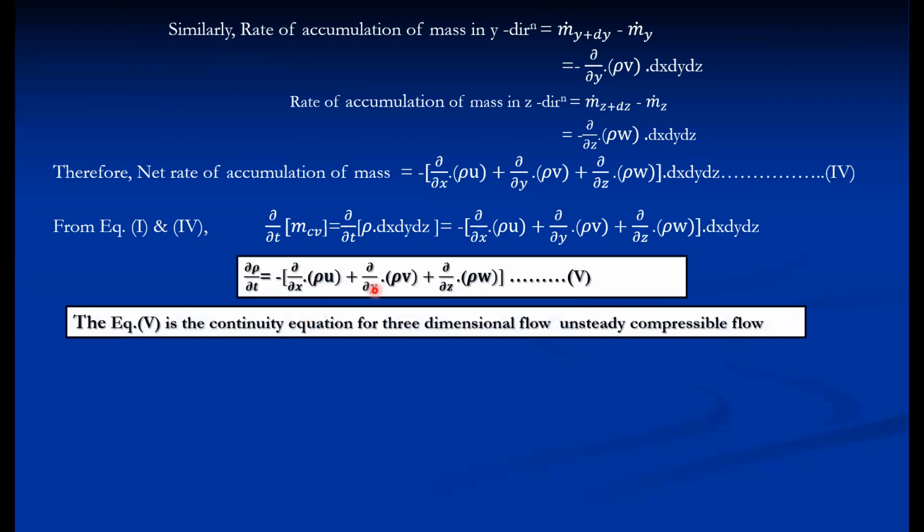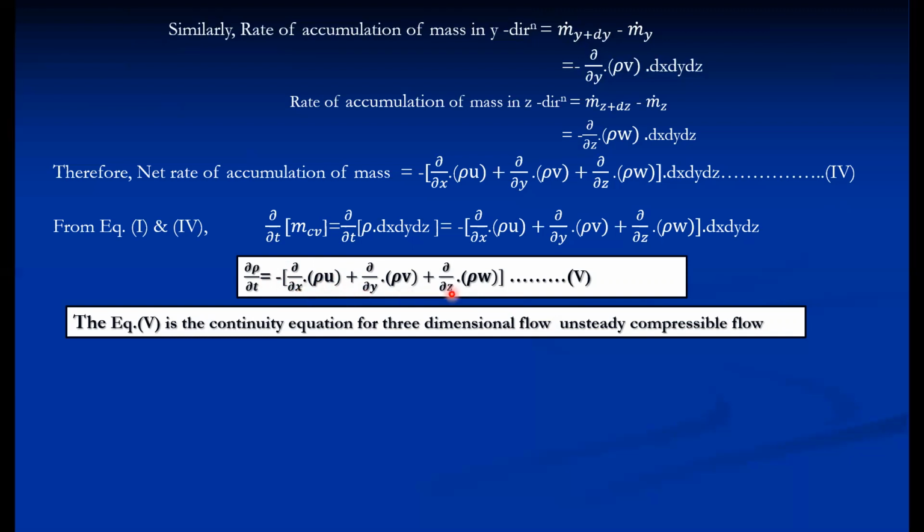Or we can take all the terms on one side equating to 0 as well. This equation is called the continuity equation for three-dimensional, unsteady, compressible flow. Why can we call it compressible flow? Because we have still considered density as a variable. It is put inside the bracket of the differential. If it is taken out of the bracket, then density is constant. Only in that case can we take this rho out of the differential. But at present we have kept it as it is.